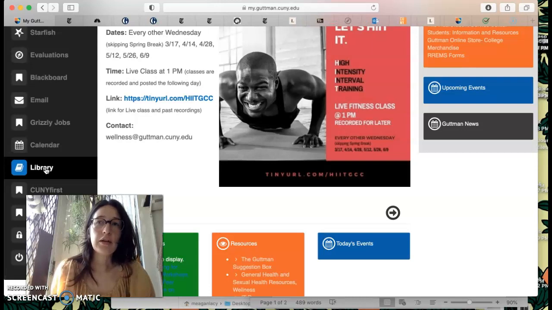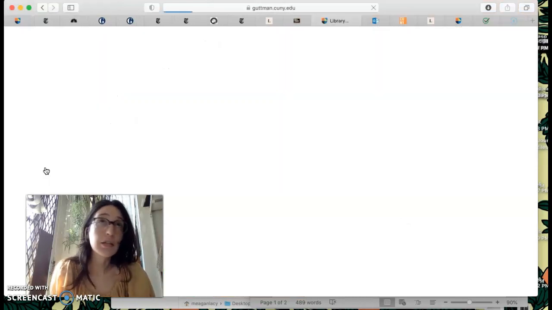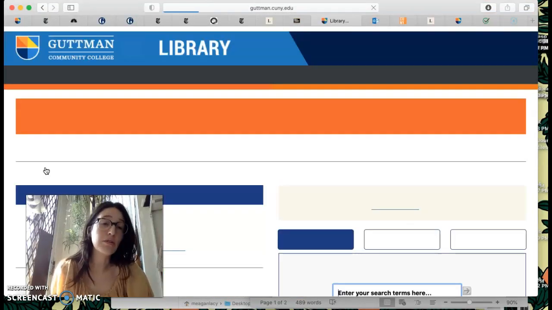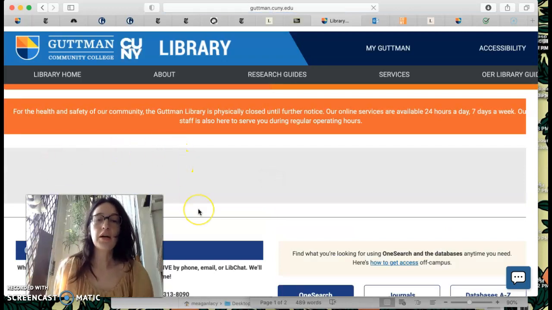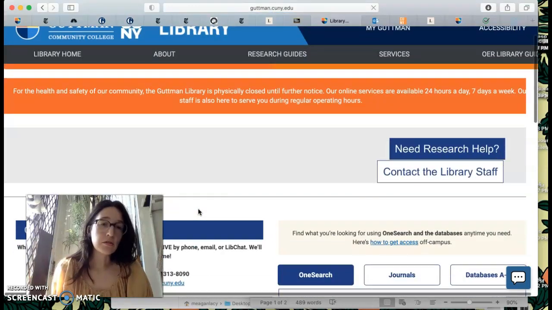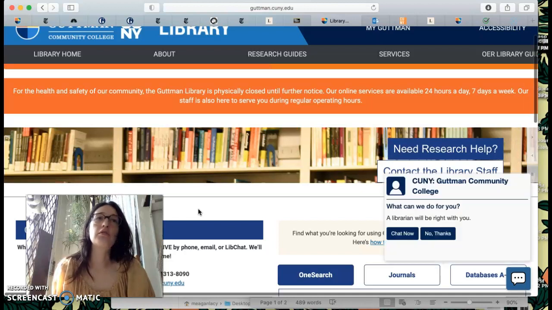The good news is, even though the library is physically closed, a lot of our resources are online resources. So you'll be able to find articles from peer-reviewed journals, articles from popular sources like magazines and newspapers, and books,